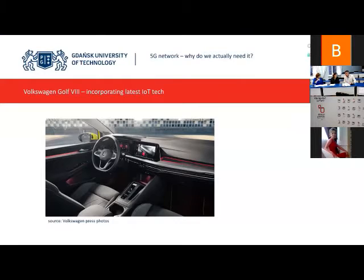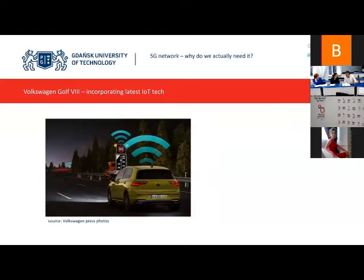Let's go with a state-of-the-art city and its road traffic. Cars, trucks, buses, anything you could imagine. Basic IoT modules inside vehicles allow us to introduce an early warning system of potentially dangerous situations, for example, emergency braking, an accident, a blocked road. The latest example of an intelligent car is the Volkswagen Golf 8, launched this year. They implemented the so-called IQ Drive system, which is prepared to be a driver's assistance during many situations, like the ones I